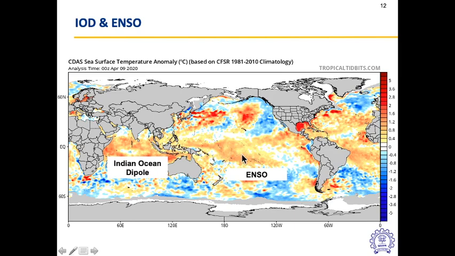It will not allow the winds to blow all the way from Pacific to Indian Ocean, and that way the amount of moisture or the amount of these moist winds that comes to India will become weaker, and that's how you will end up with drought in many places. So this is how these IOD and ENSO play a role.